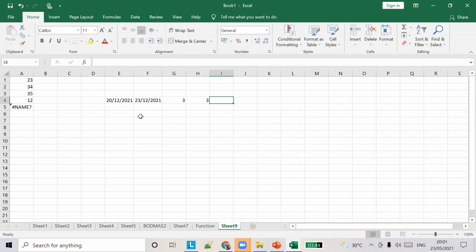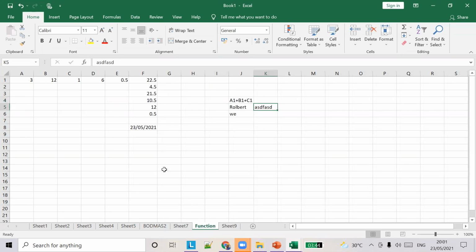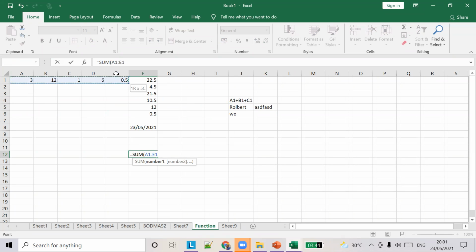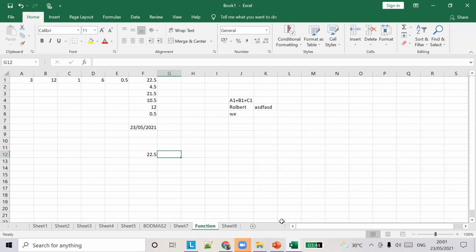Okay, similarly, let's say you want to add this range. I want to add this range. So do sum. To select a range, I can do this. Now you can see A1 is automatically populated. Yeah, so these are all shortcuts to do your stuff. You can do these things. So yeah, that's it.